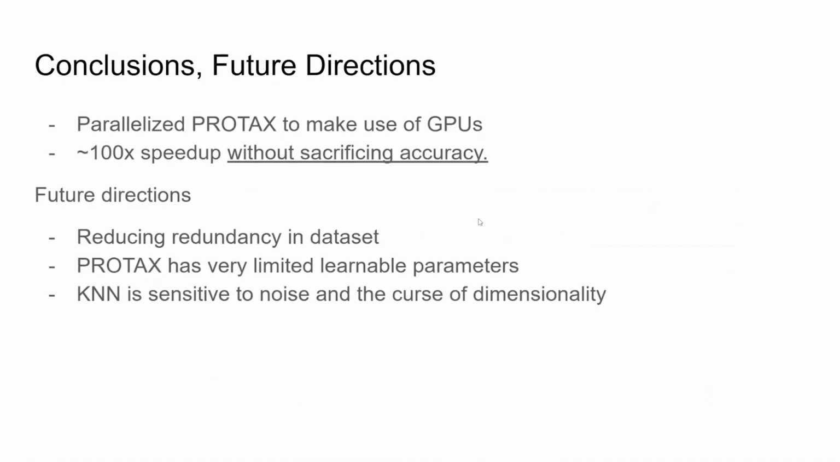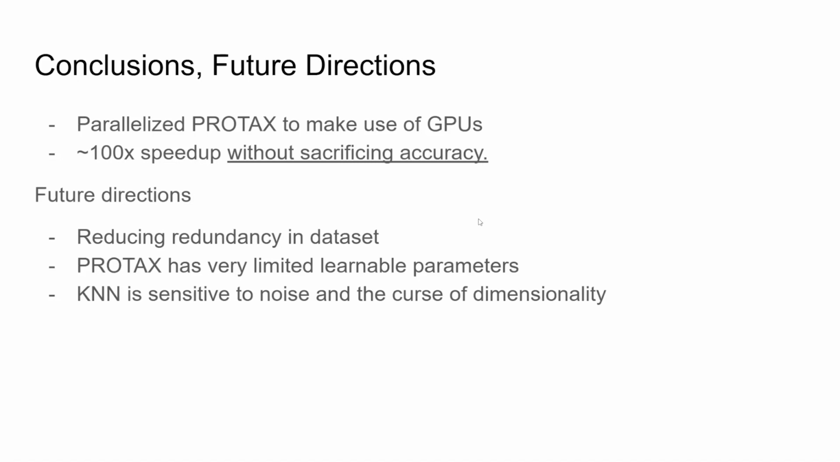So in summary, what we've done is parallelized PROTAX to make use of GPUs and achieved about 100 times speed up without sacrificing any accuracy. With that said, there are still a few areas that could potentially benefit from further exploration. One potential area of improvement is that redundancy can occur in barcodes assigned to higher taxonomic levels. For example, there may be some substantial overlap within barcode sequences usually used to identify orders or families and even genera. And this repetition